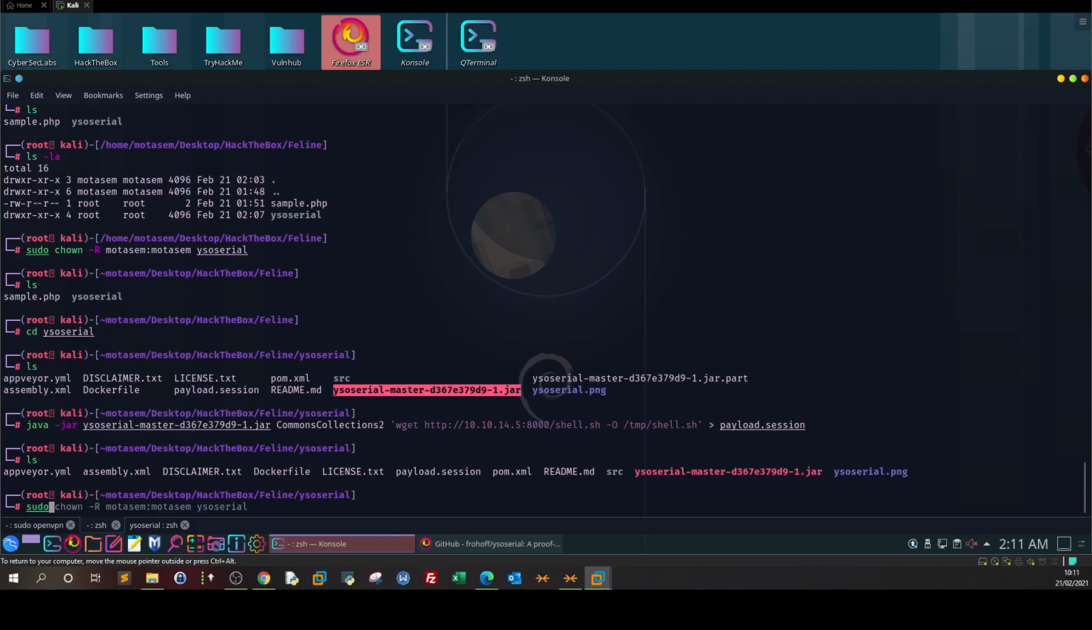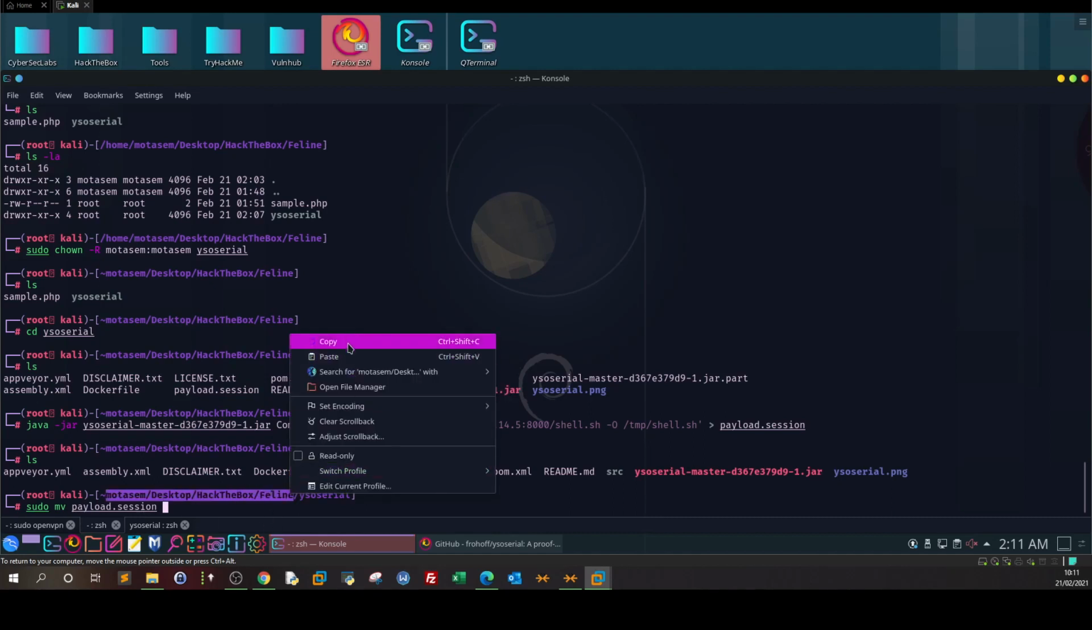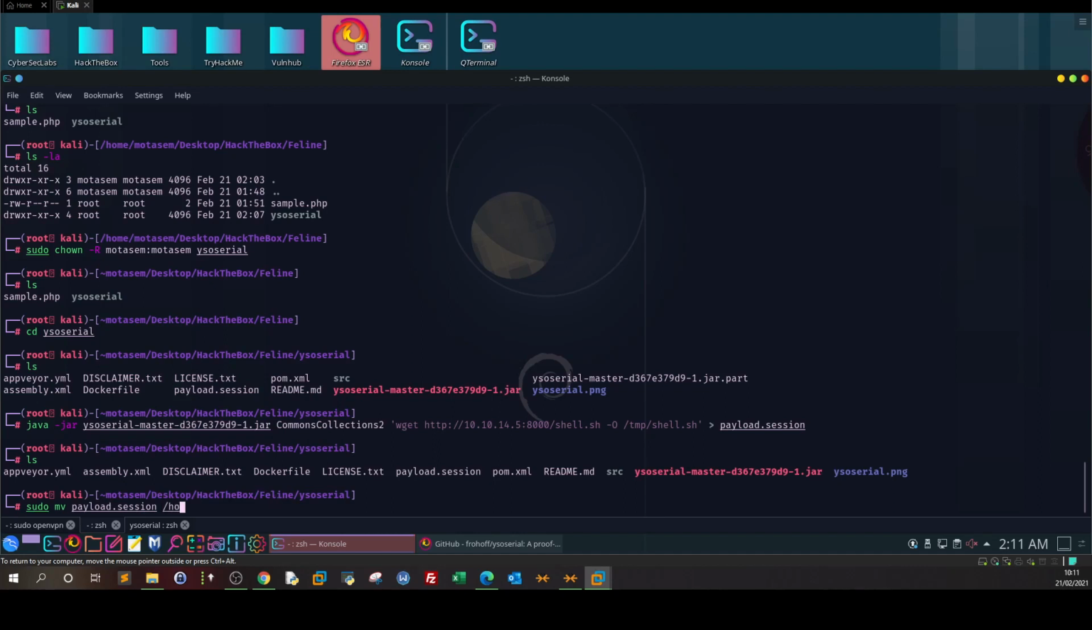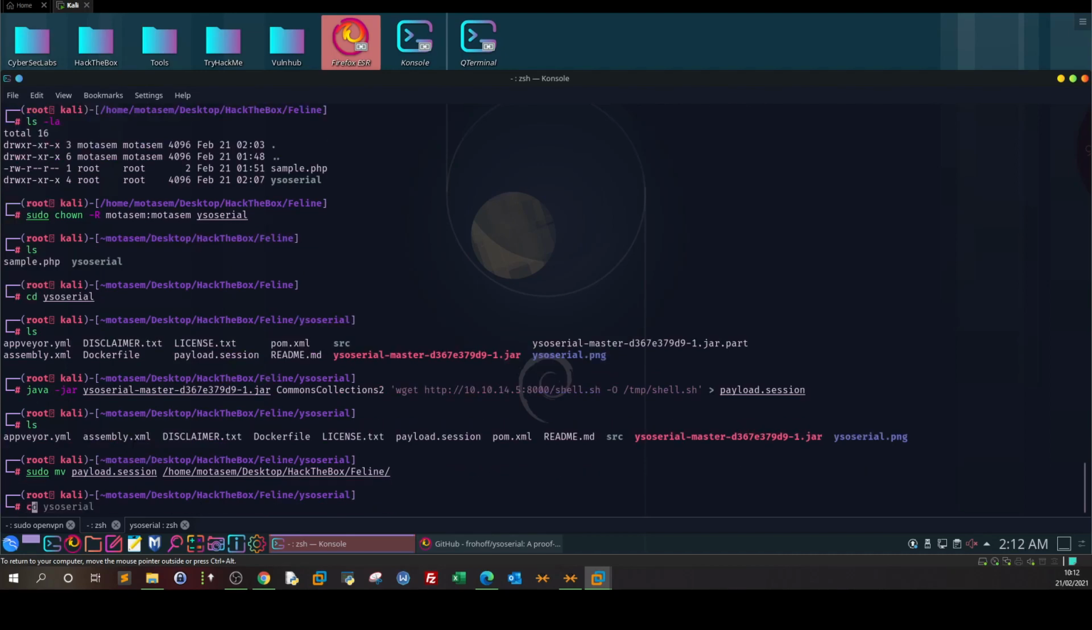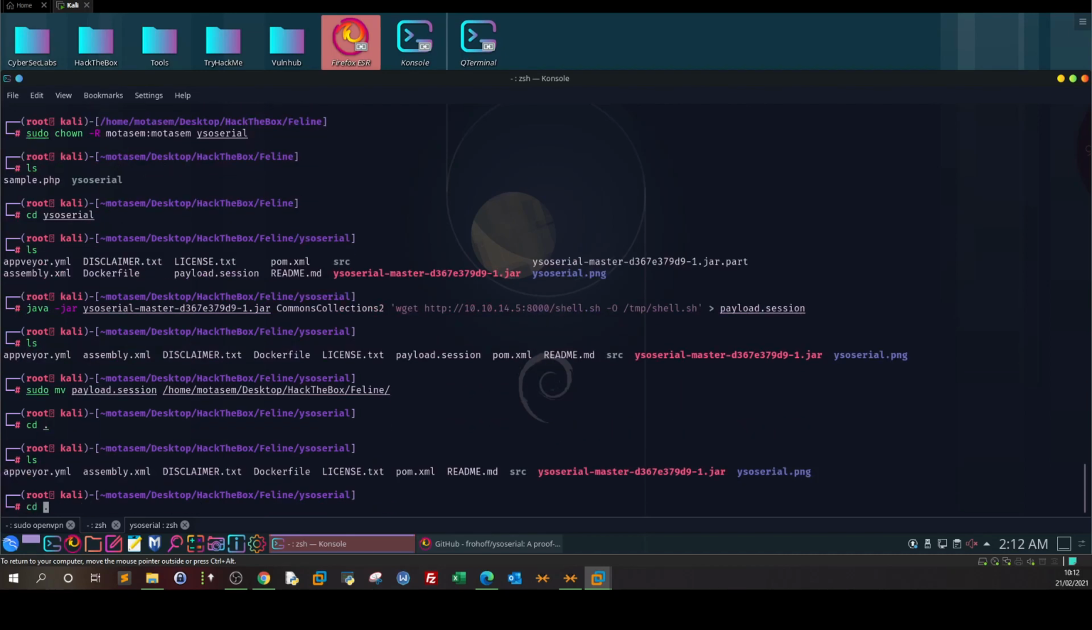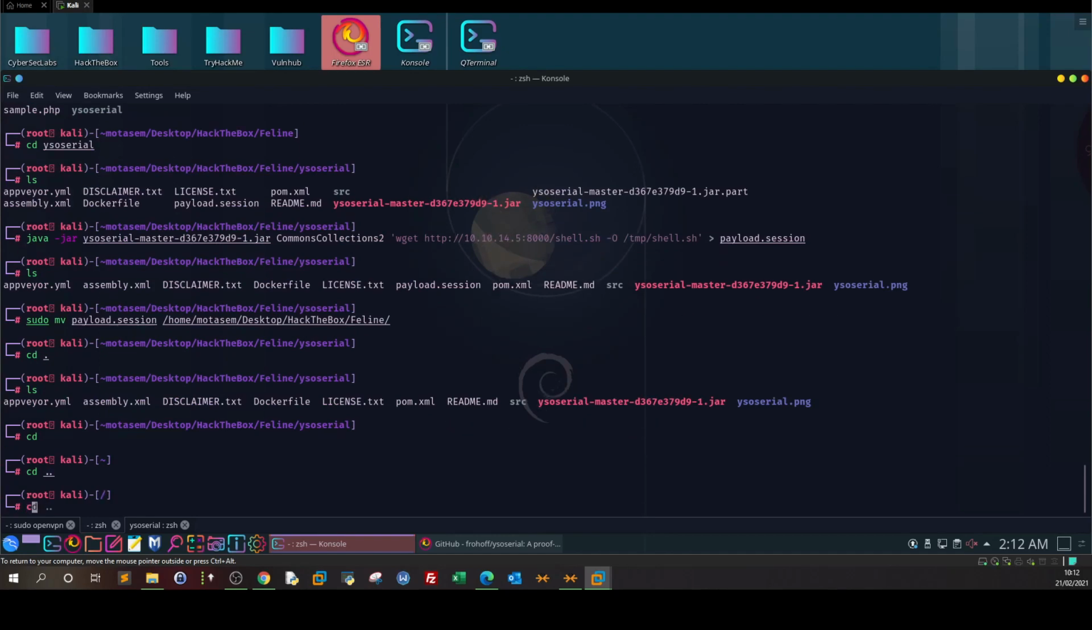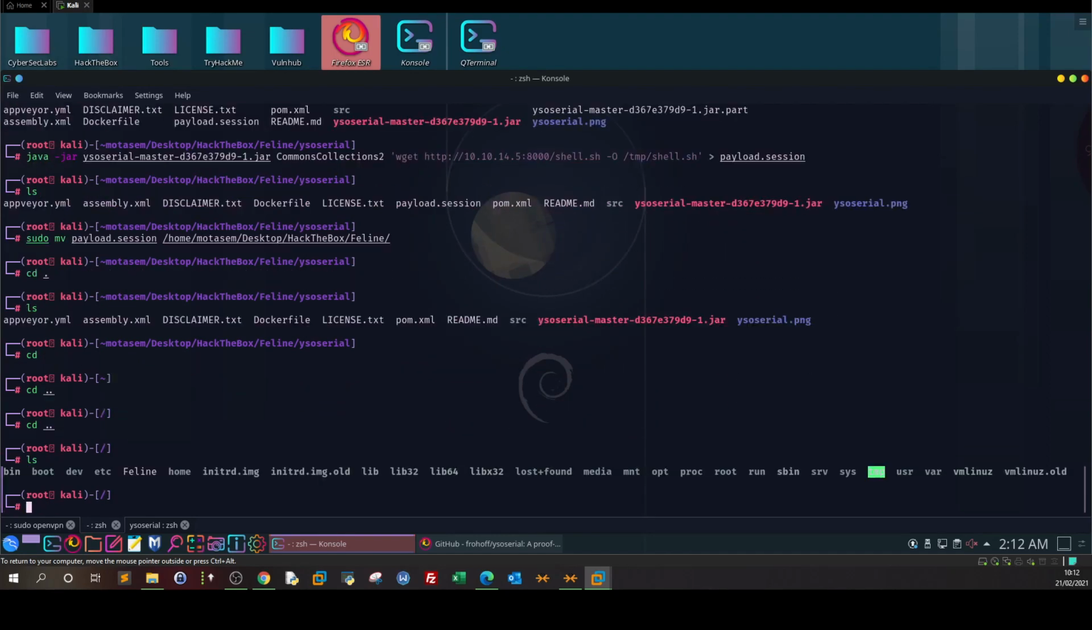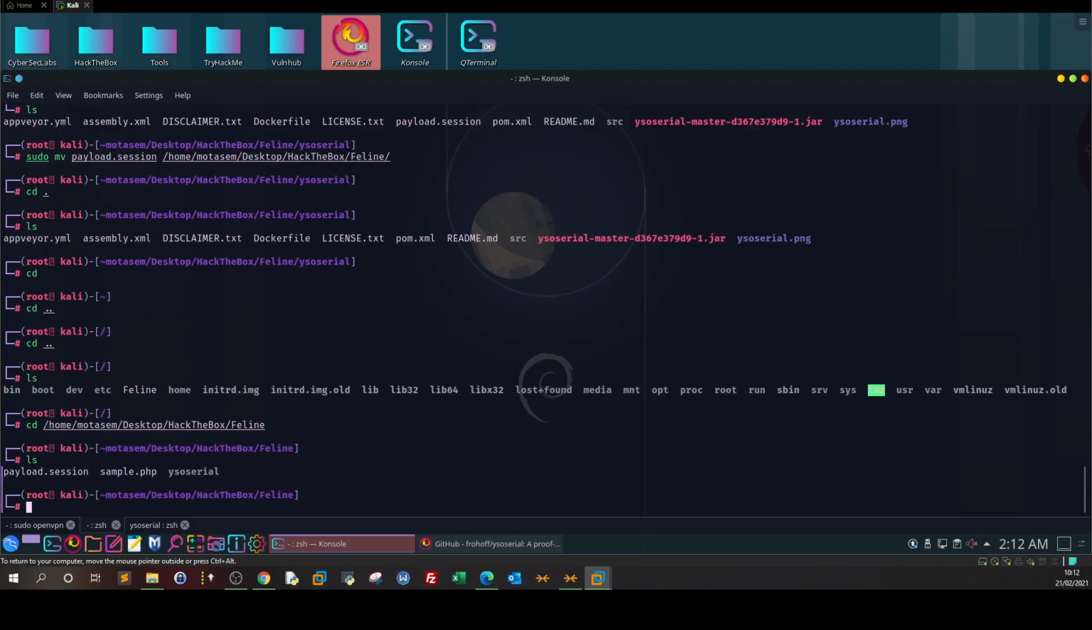Just we're gonna move it to the felon directory. cd back, cd back. Okay, so we have the payload now. Let's upload the payload, guys,